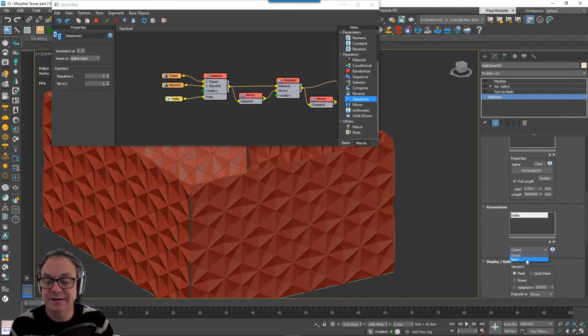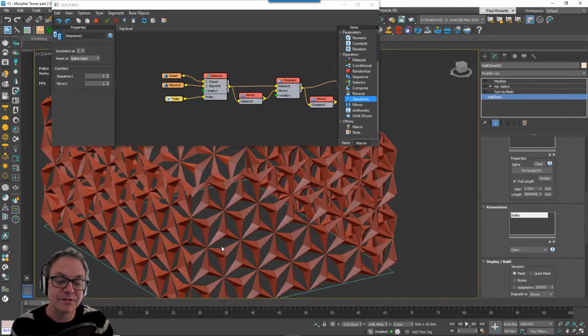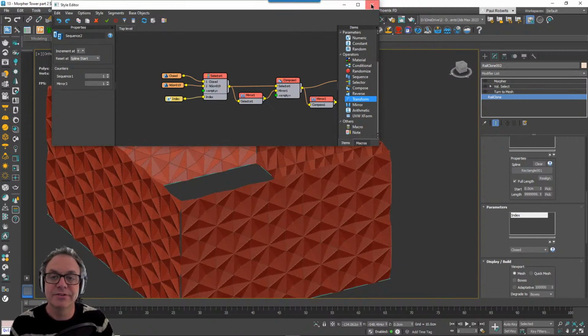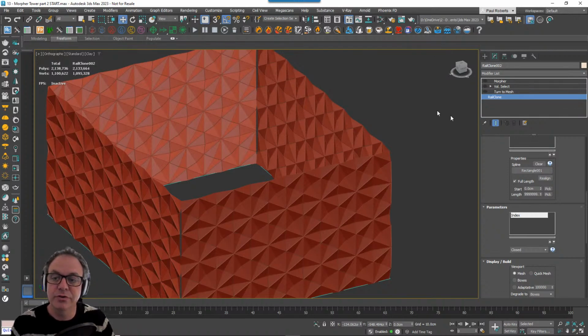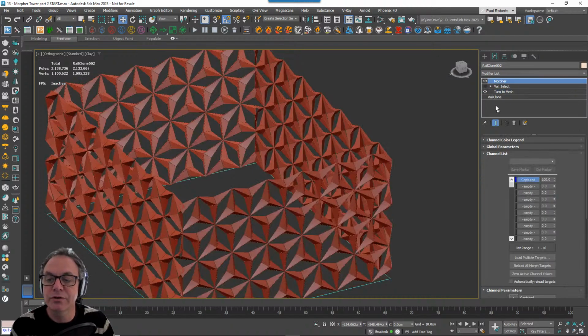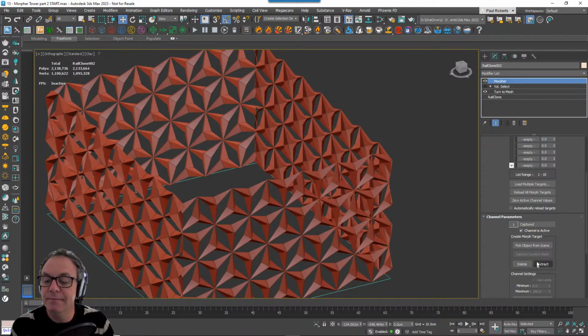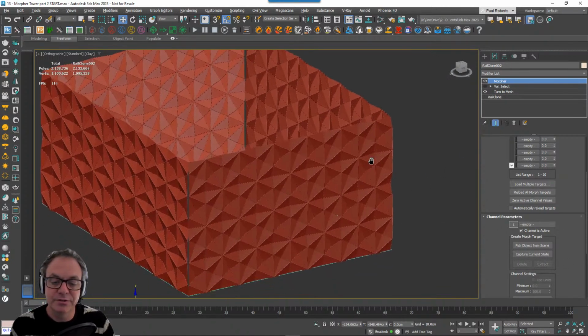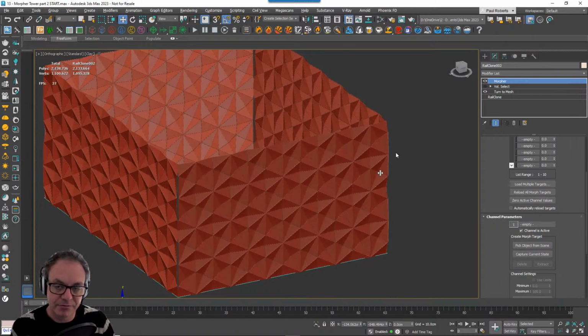And I've also got this index operator down here that lets me switch from open to closed, like that. And the advantage of having that now is that I can do my morph, right? So again, I'm not going to go over this in a lot of depth because we did this a few weeks ago, a month ago. So I'll turn it into a mesh so I can sample it. I'm going to turn on my morpher modifier at the top here. Delete that.